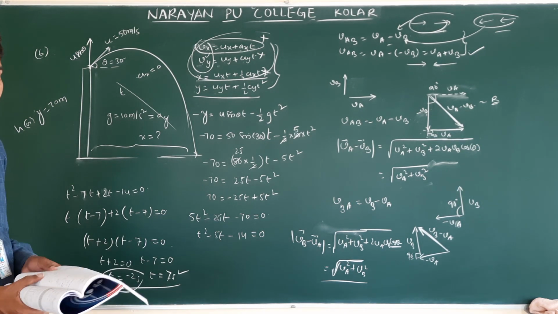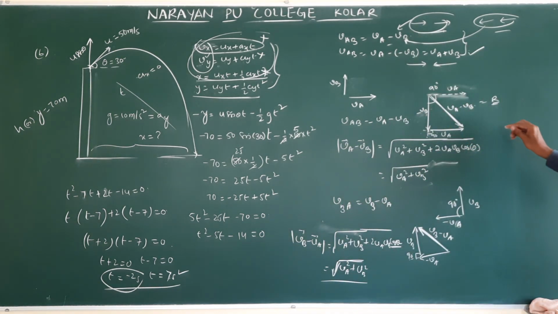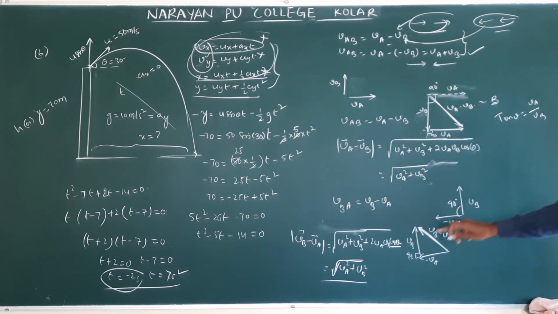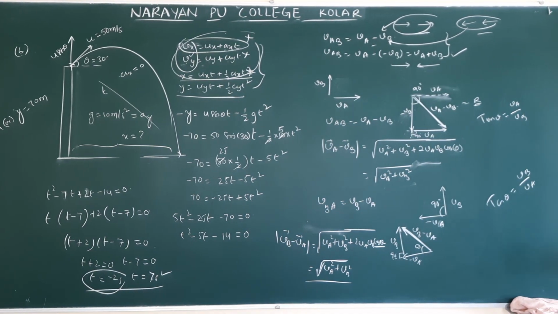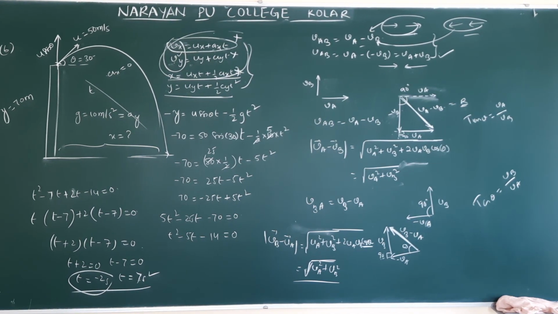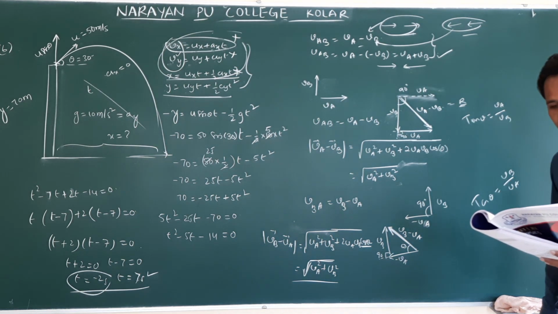Also we can do with vector form. This is one method and second method. See, in this case what is the angle? Tan theta is equal to what? VA by VB. But in the second case, what is tan theta? Where did we take the angle? This is theta. Clear? Then this will be VB by VA. So take same, did we get same? Yes. So there is no change in angle.